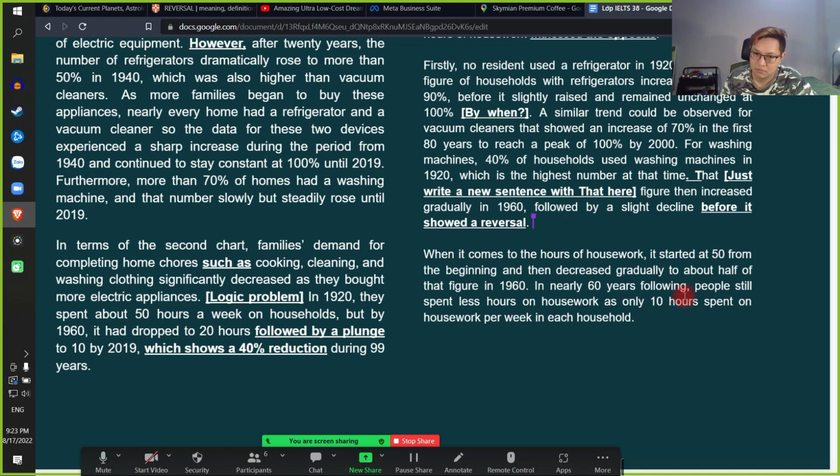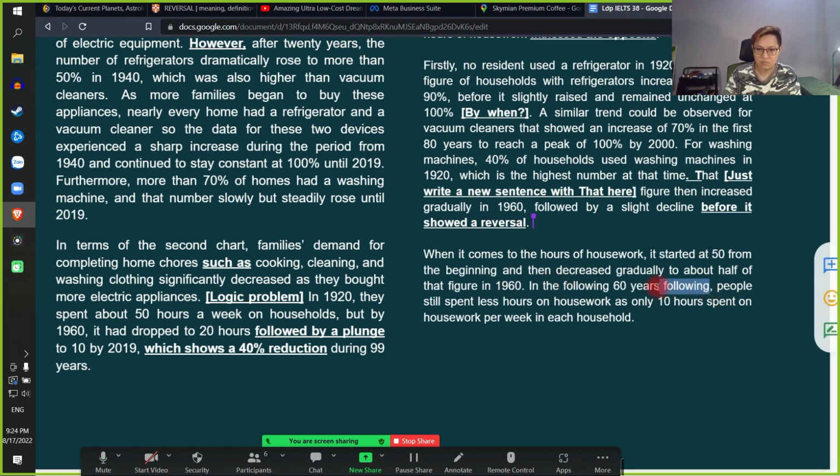Wait. In the following 60 years, it's better. In the nearly... Sorry, in the following 60 years. Trong 60 năm theo sau đó, in the following 60 years,